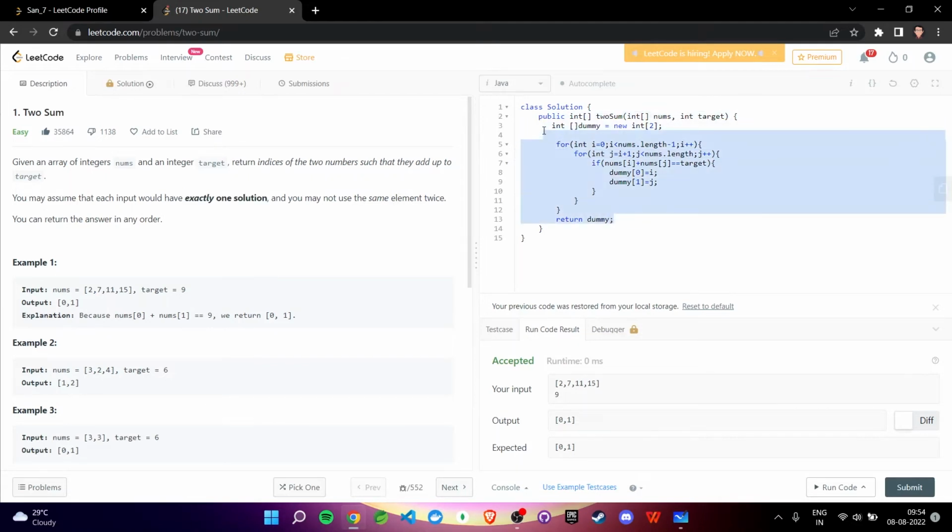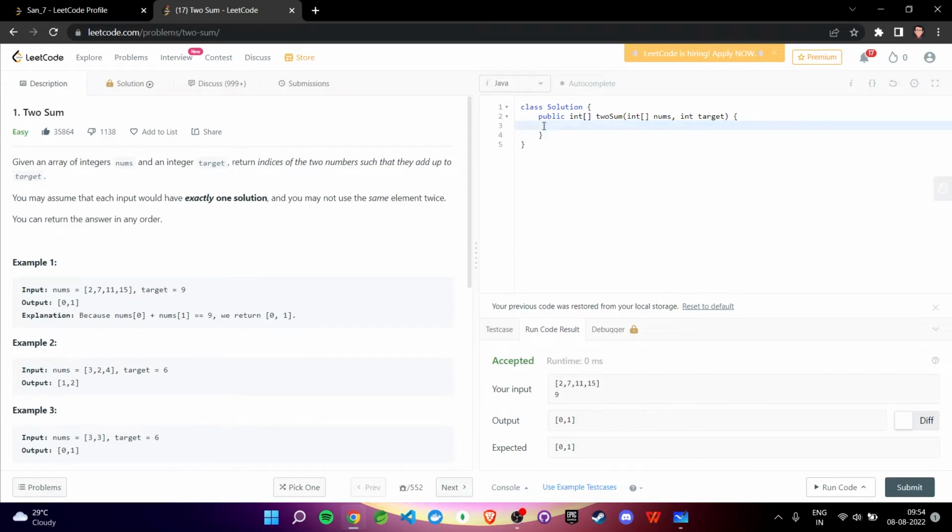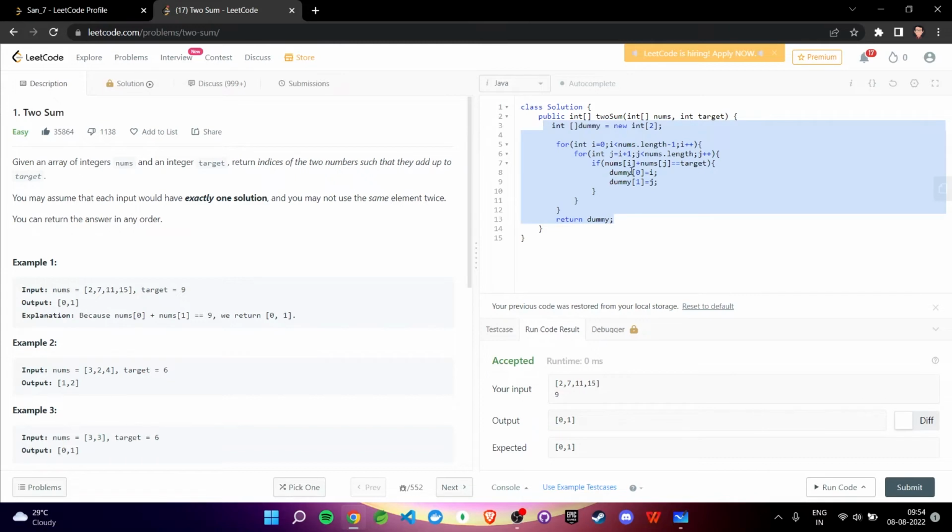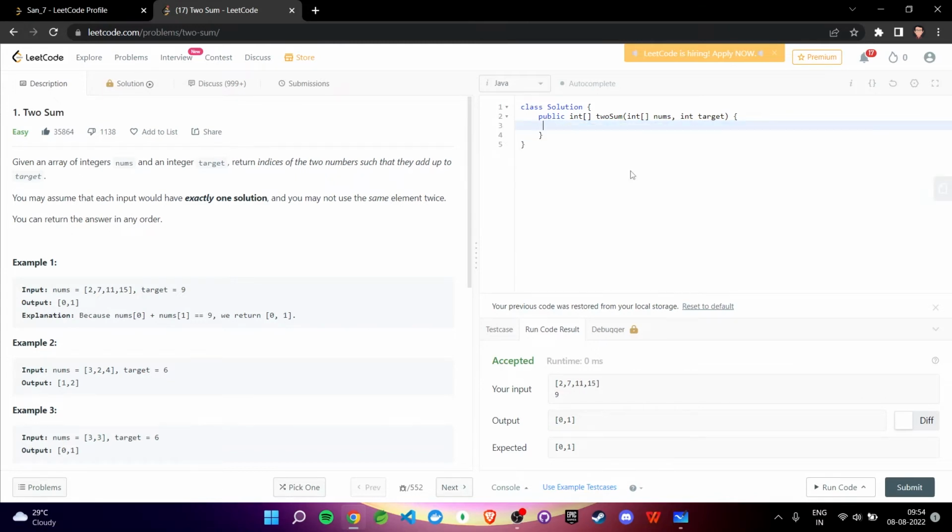Let me just delete this. Okay, this is just an editor, so let's delete it. Let's try to declare a hash map over here, right? Okay, guys, if you don't know about the hash map,